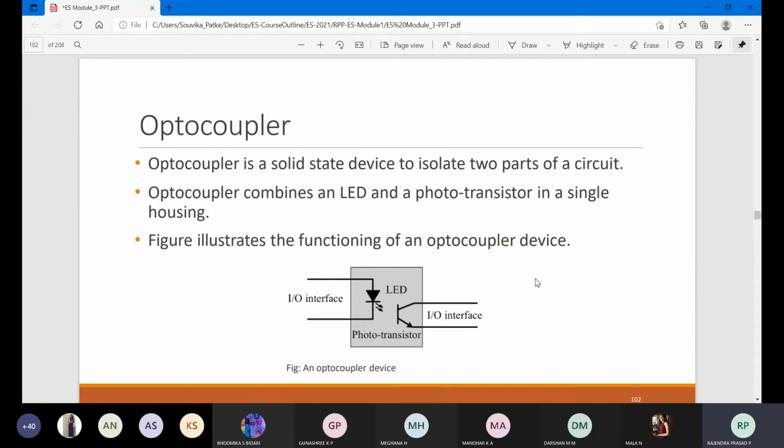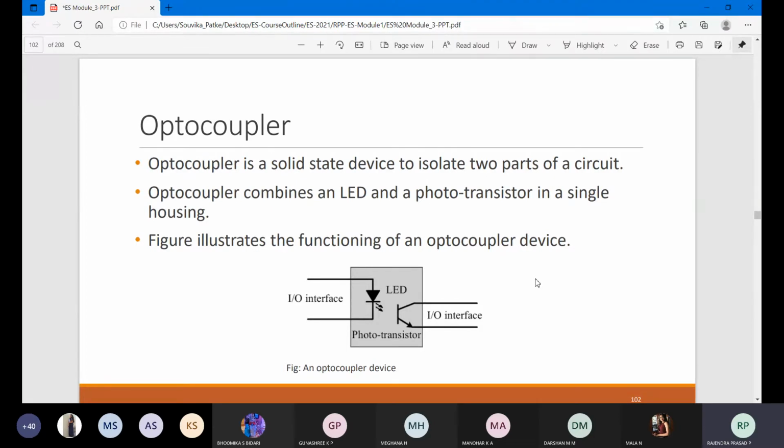Sometimes you observe that the voice command and the LED both will be there. Sometimes voice will not work, but the LED will be on. Sometimes the LED will not work, but the voice command will be on. Maybe you can observe this in toys. In toys, voice will be there as well as the LED. But the first thing which will be drained is your voice command, because it consumes more power. The LED consumes less power. So even if there is no music, you are still able to observe the LED glowing, so you will come to know that it is functioning.